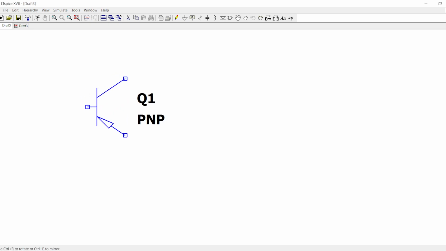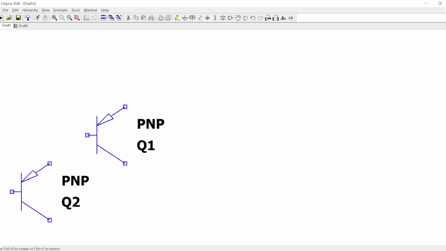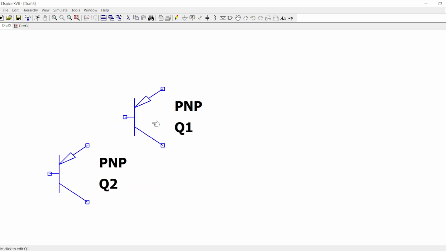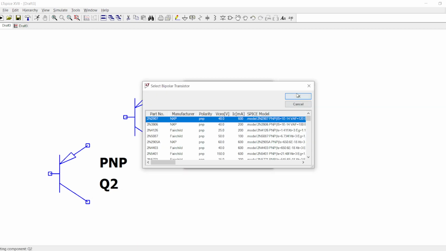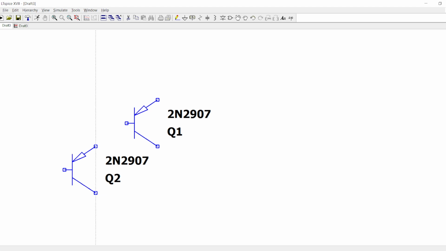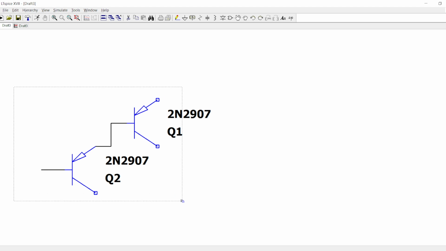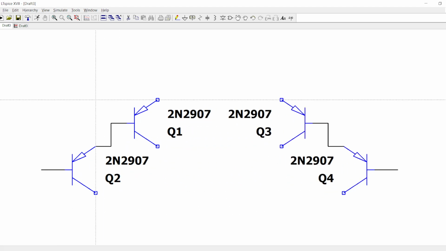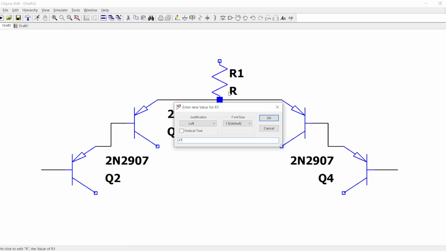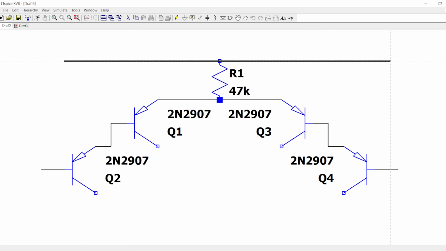The PNP differential stage can be supplied with resistors or with current mirrors. I prefer current mirrors because they act as active loads, and so we will use a resistor from one side and a current mirror to the other side. Let's use the Darlington because it has more gain. It is more precise than the single one. So let's put a resistor of 47 kilo ohm and a supply of